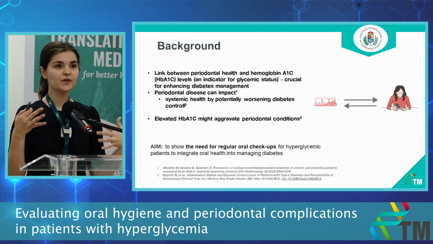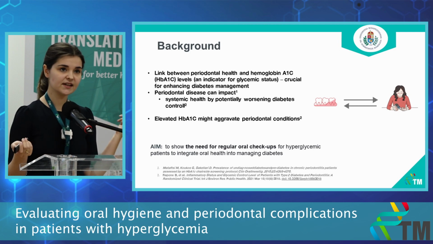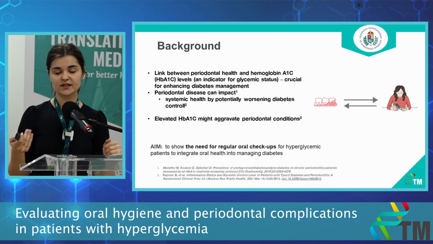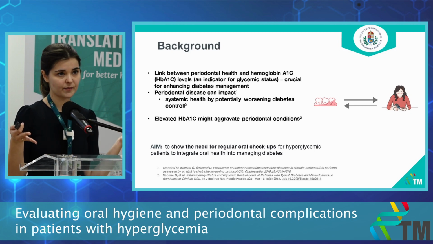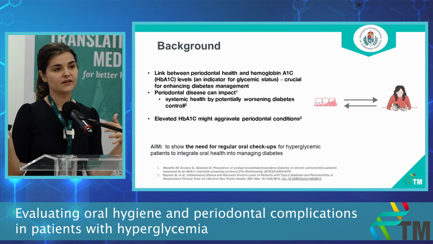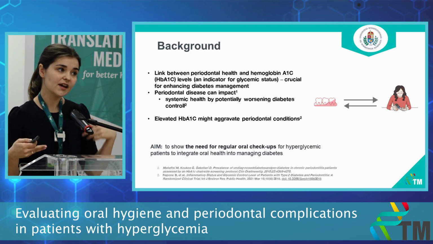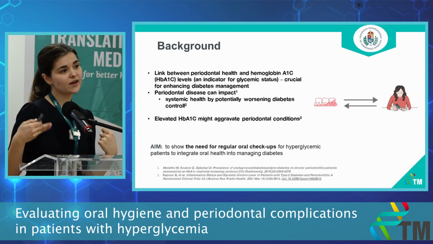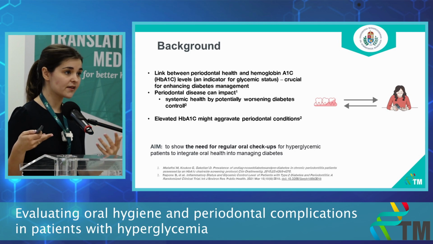Investigating the link between periodontal health and hemoglobin A1C level, an indicator for glycemic status, is crucial for enhancing diabetes management because periodontal health can impact systemic health by potentially worsening diabetes control. On the other hand, elevated hemoglobin A1C level might aggravate periodontal conditions. My aim is to show the need for regular oral checkups among hyperglycemic patients to integrate oral health into managing